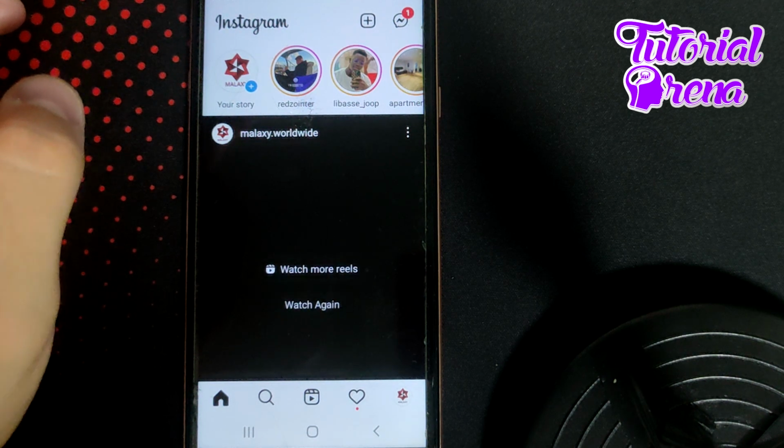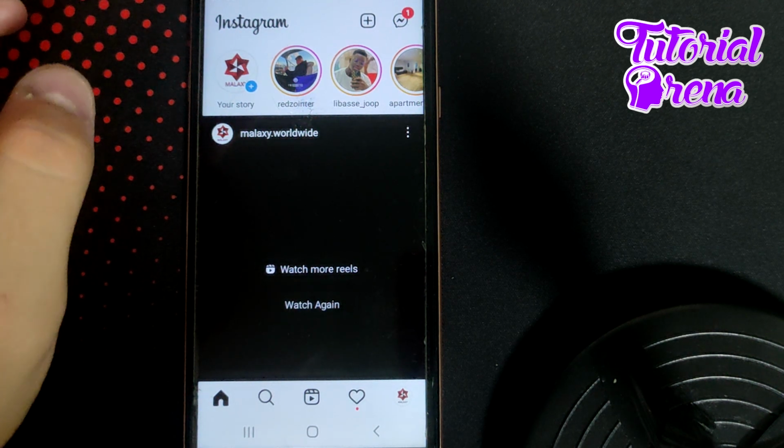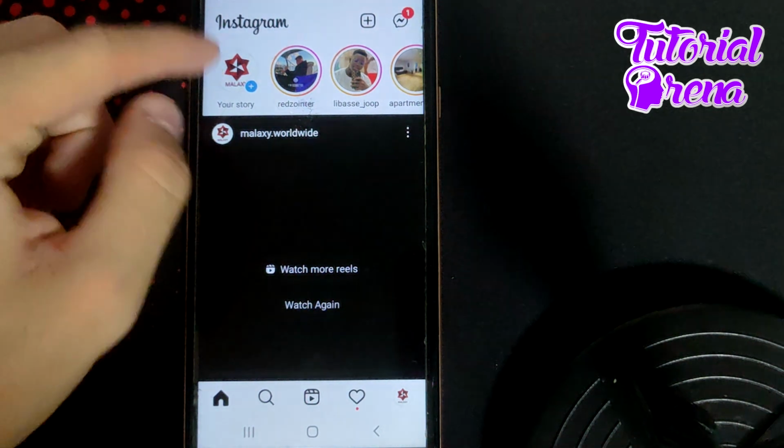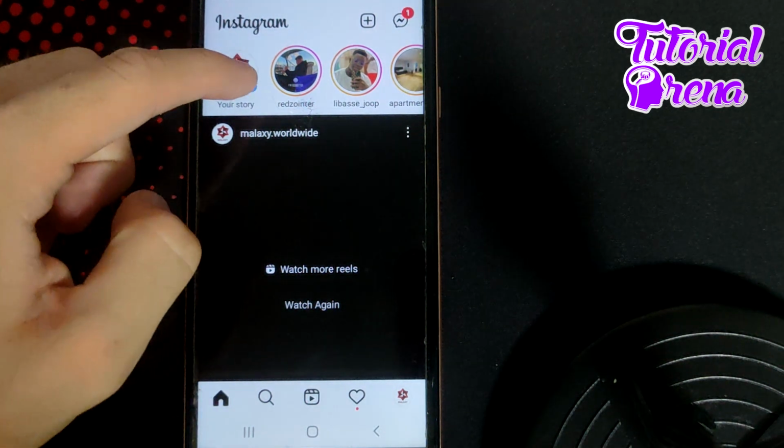How to add music to Instagram videos. First, you need to launch the application. Then you simply go to your story selection on your feed side section and click on the plus